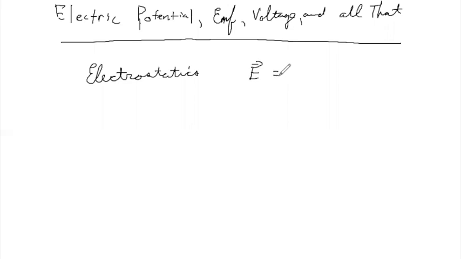It can be written as minus the gradient of a scalar function called the electric potential. Because V is a function, and we assume it's a well-defined function, then it turns out that